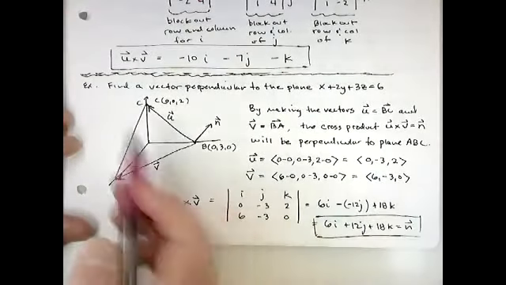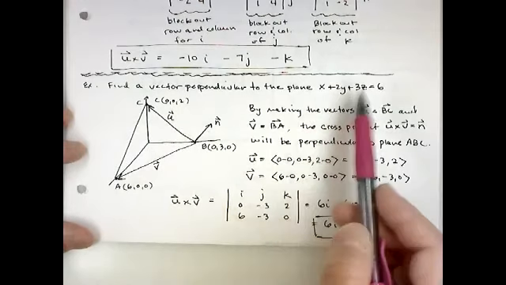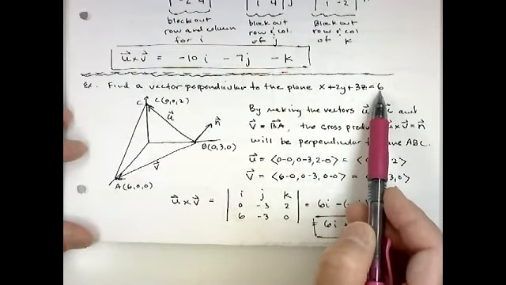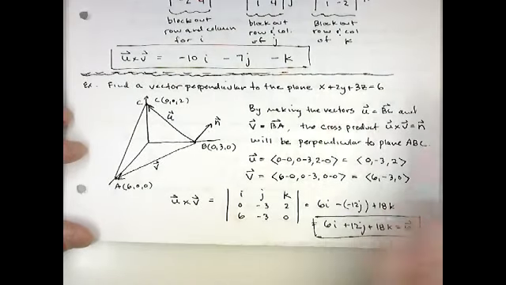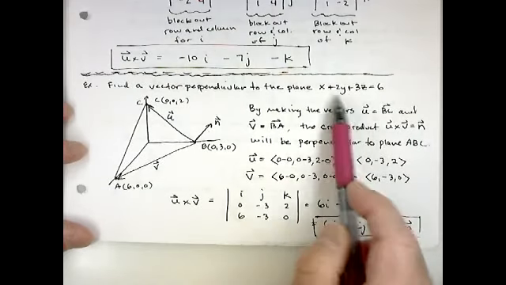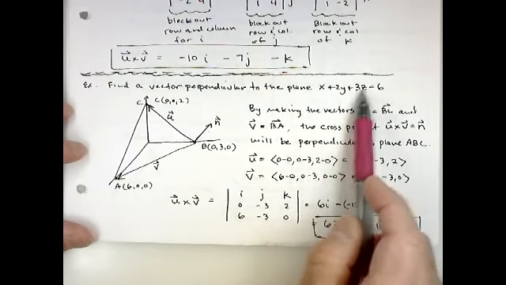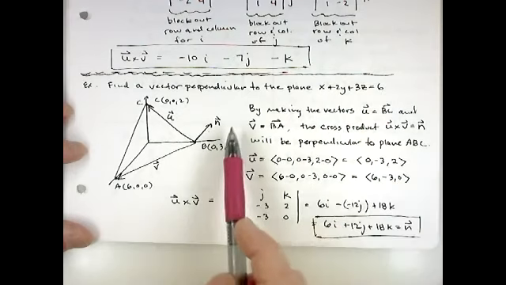Okay, so next question, and this will involve a cross product. We want to find a vector perpendicular to the plane x plus 2y plus 3z equals 6. We've talked a little bit about planes in 12.1. Most of the planes there were vertical or horizontal planes. So this plane, first of all, how I know it's a plane is I have x, y, and z, and they're all to the first power,